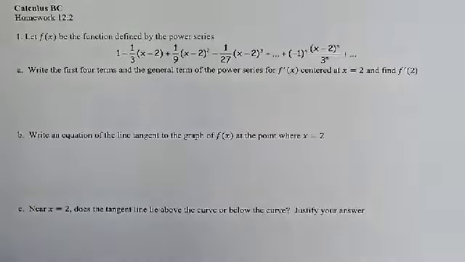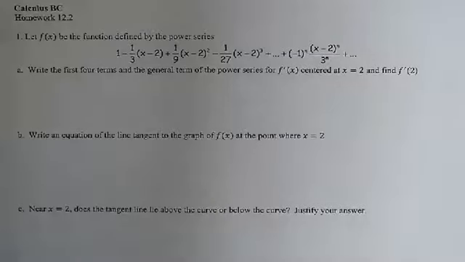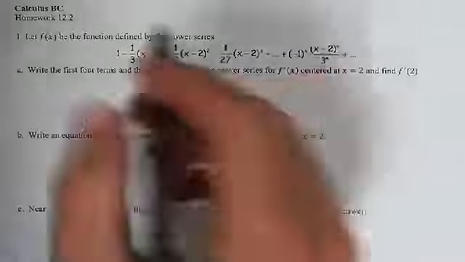These are the solutions for homework 12-2. It says, write the first four terms and the general term of the power series for f prime centered at x equals 2, and find f prime of 2. Okay, so I think what I'm going to do is take the derivative of this polynomial, and the derivative of 1 is 0,